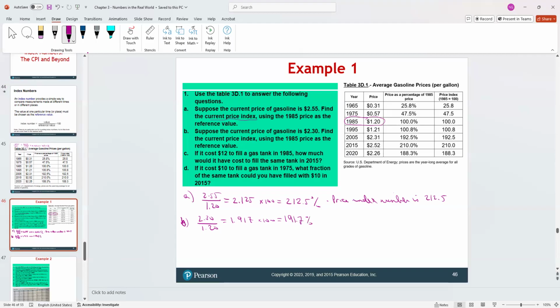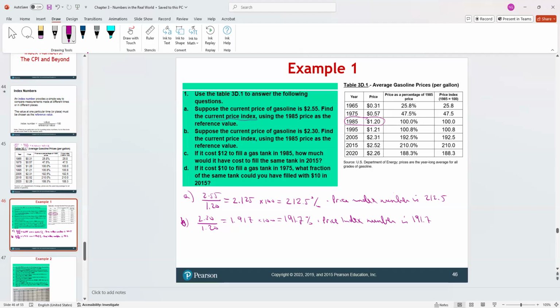So the price index number is 191.7. Remember, we dropped the percentage sign. So I think I'll do two of these, and you can definitely continue with the other ones, because look at C. C is talking about